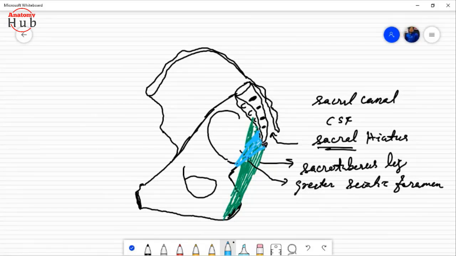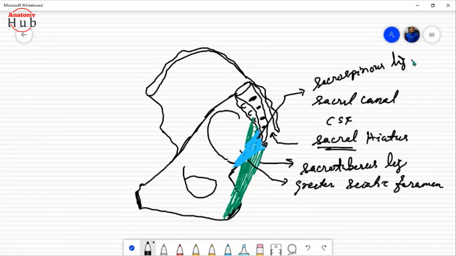So here you'll find another ligament. This ligament is known as your sacrospinous ligament, because it is coming from the sacrum and going towards the ischial spine. So this is known as your sacrospinous